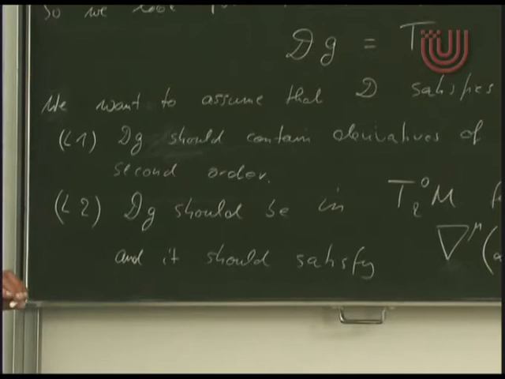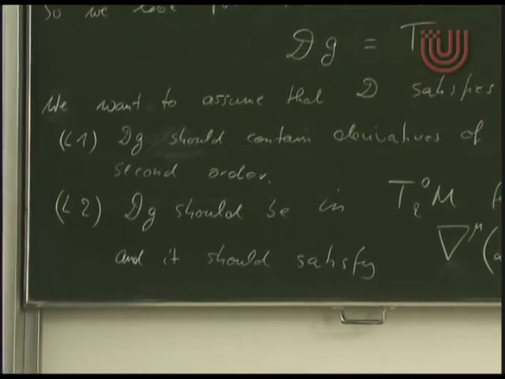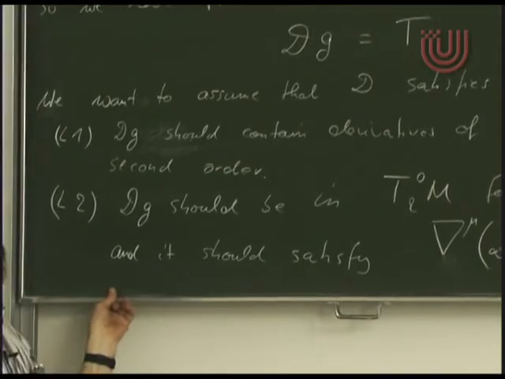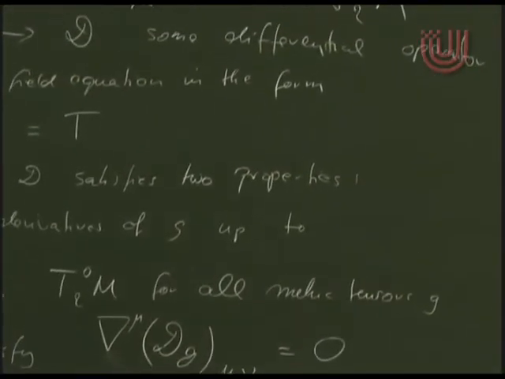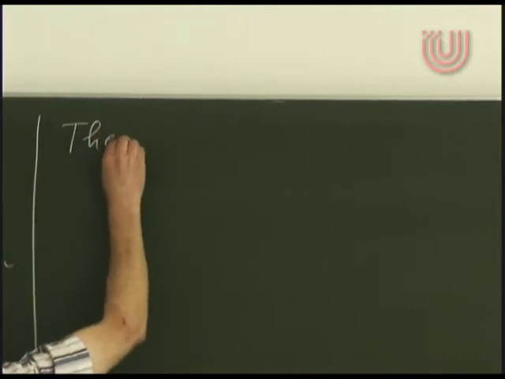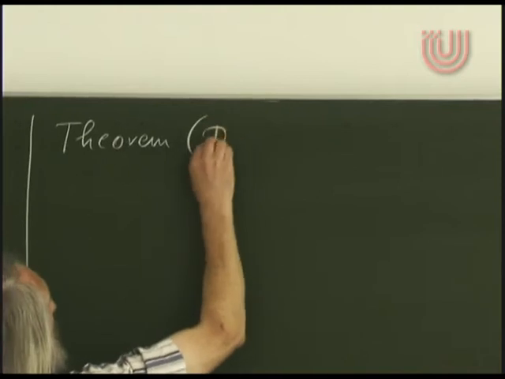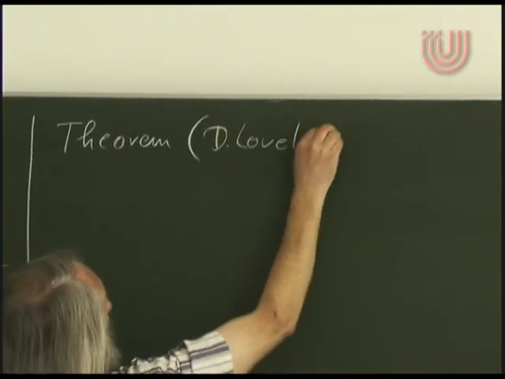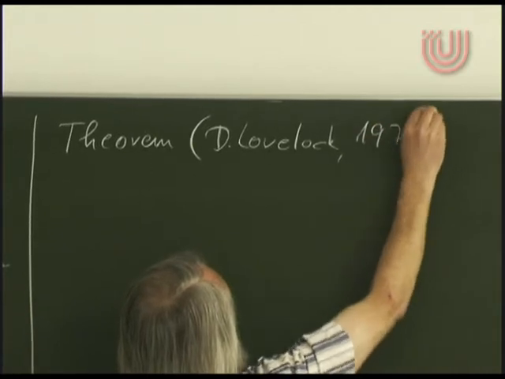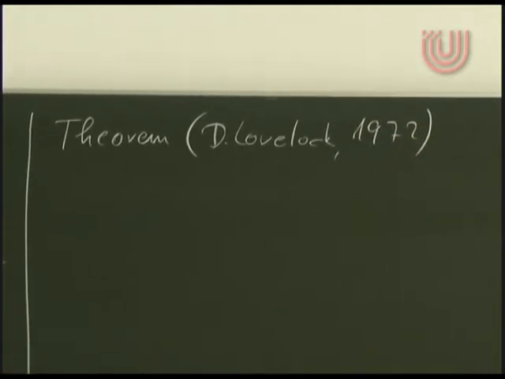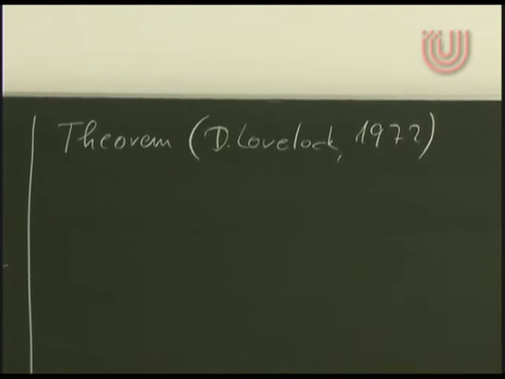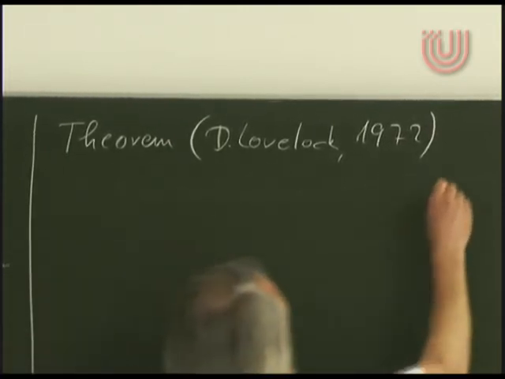So you can write down the most general form of the operator D which satisfies these two properties. And that was what Lovelock found out in 1972. So let me just state this theorem. It's a fairly complicated matter to prove this, so I will not prove it here. I just state it, and we will discuss it a little bit. So that's a theorem. It was proven by David Lovelock in 1972. I can give you the precise reference if you like it. It's in the Journal of Mathematical Physics, a two-part article. And the statement is